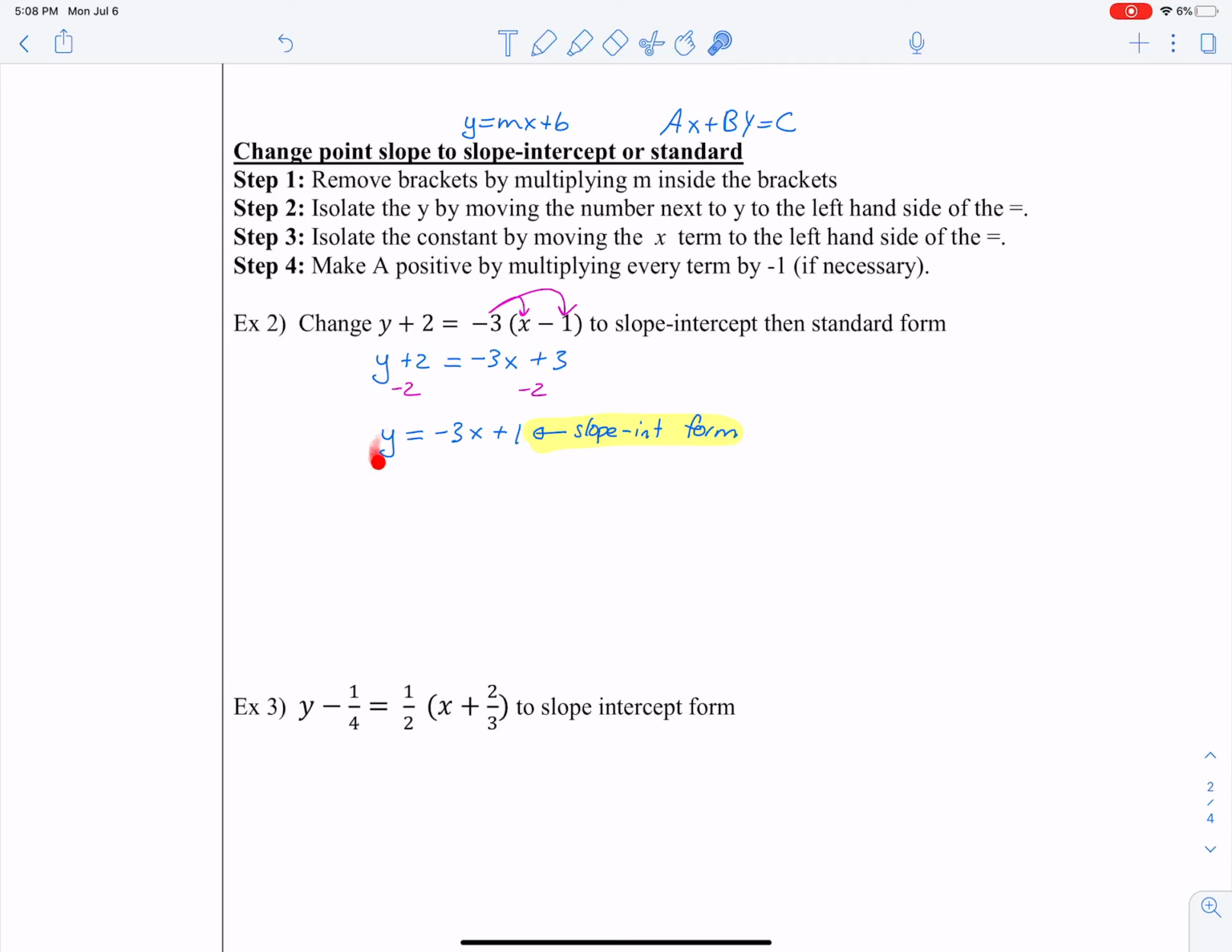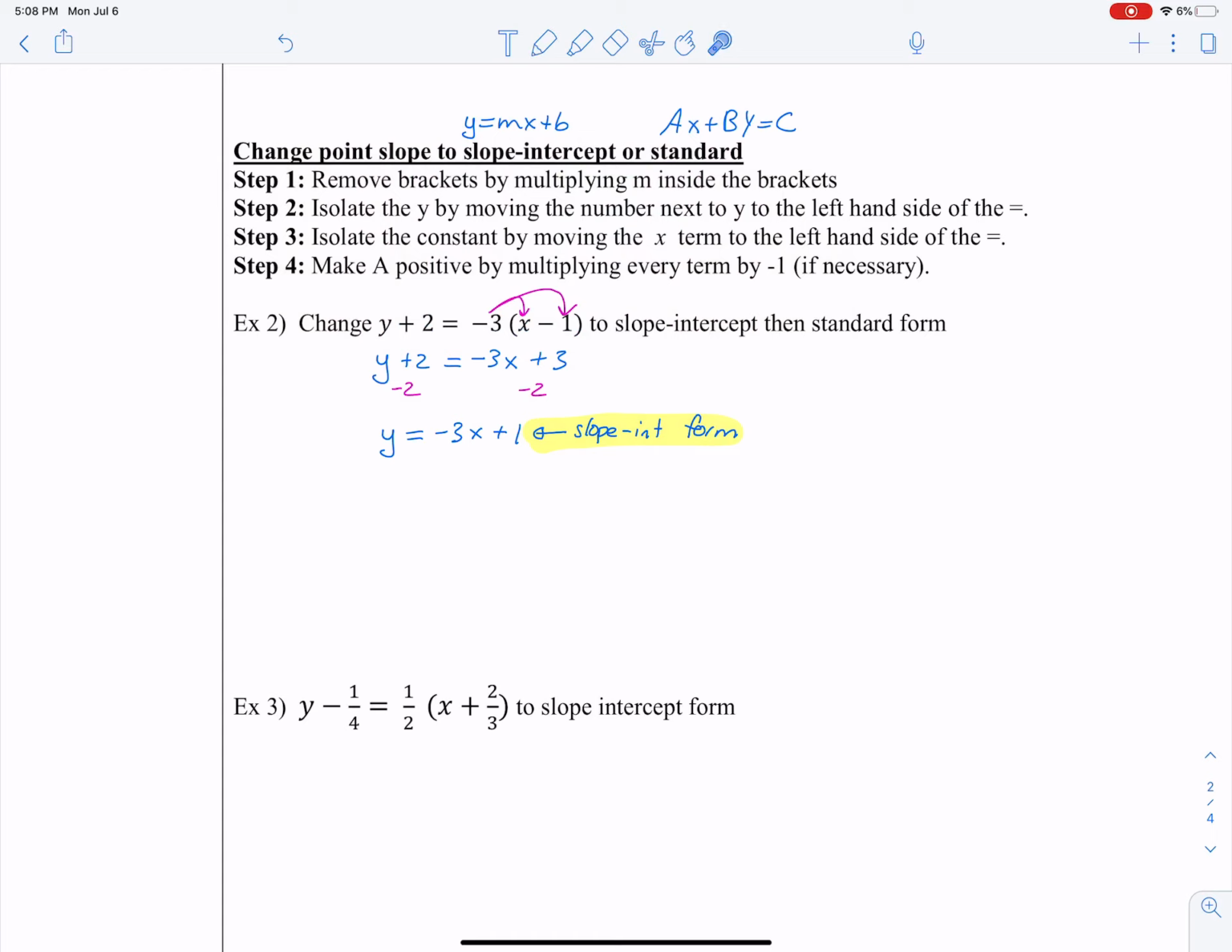So now we're going to go from here and we're going to keep going to standard. So the first thing we do is we see if there's any fractions. In this case, there are no fractions, so we don't have to remove any fractions. The next thing we want to do